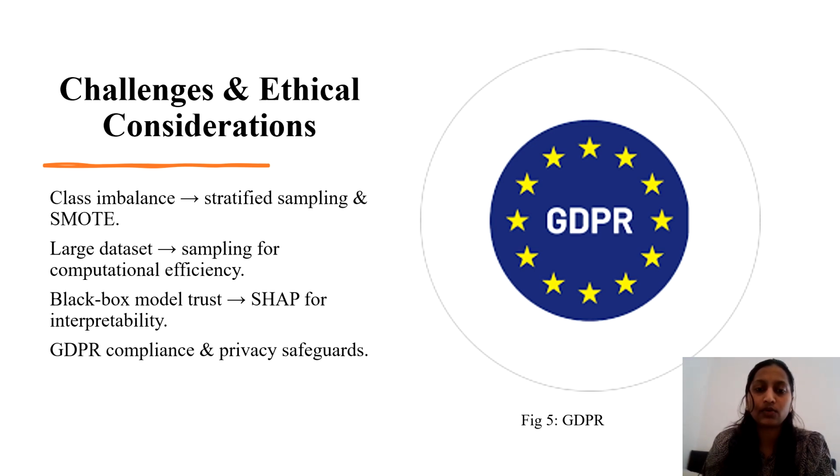Trust in the black box model has been addressed through the introduction of SHAP to explain predictions. Some of the moral aspects involved being GDPR compliant and also protecting the privacy of students in all data management processes. The method shows that with strong pre-processing, ethical protections and interpretability features, it is possible to address practical and methodological limitations to the use of machine learning in sensitive educational data.